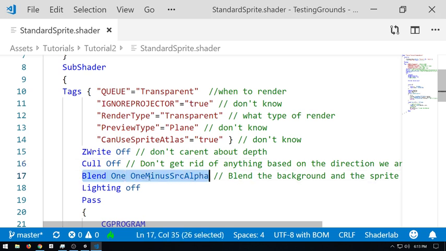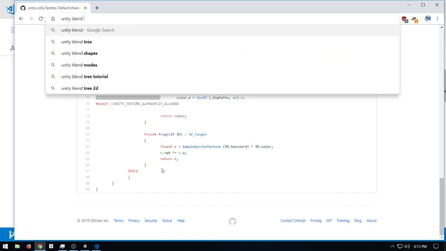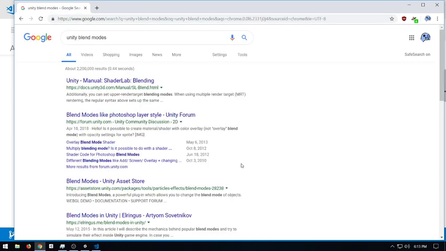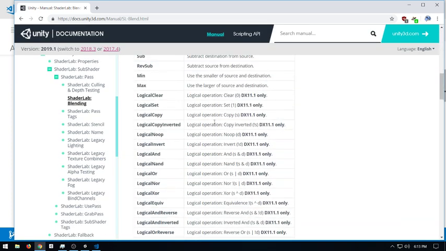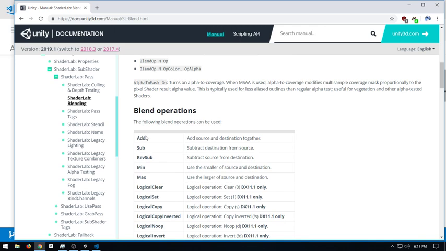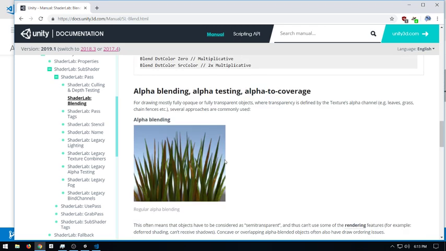Blend. This is for blending the background color and the foreground color. Blending is one of those things I really dislike. Unity blend modes. If you've ever used blending in Photoshop or an image editor before, look at all these different blends and all these different blend factors, this might be okay for you.